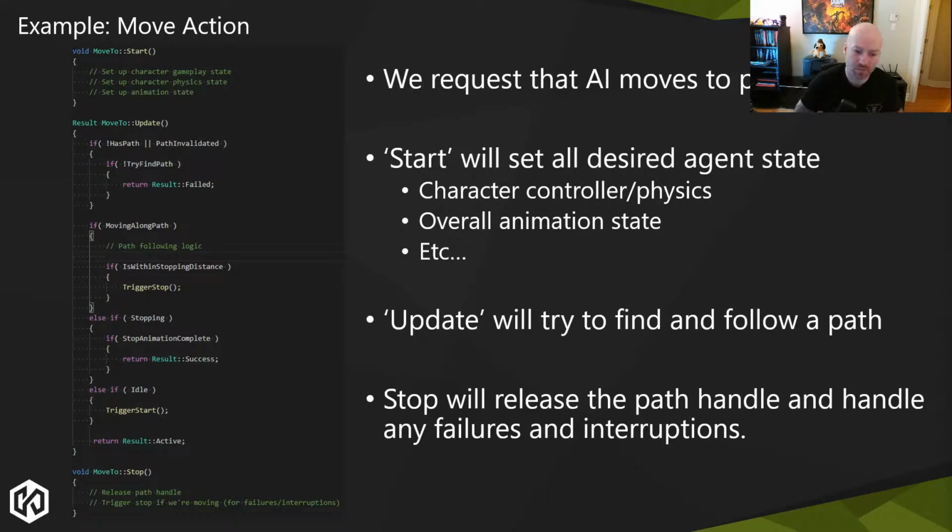And the stop is primarily there to handle things like, if I've requested a path and I'm holding a handle onto it, I need to release that. If, for example, I failed my move to, like I was interrupted or something happened, but I'm still issuing animation move commands, maybe I need to issue a stop, so I trigger a stop animation so the character will actually go into idle properly instead of having that handled in a different system. Again, the stop is more of a safety net if you need it.